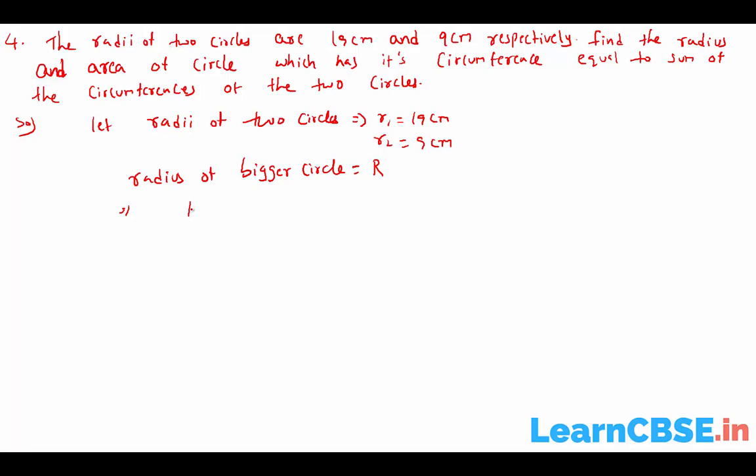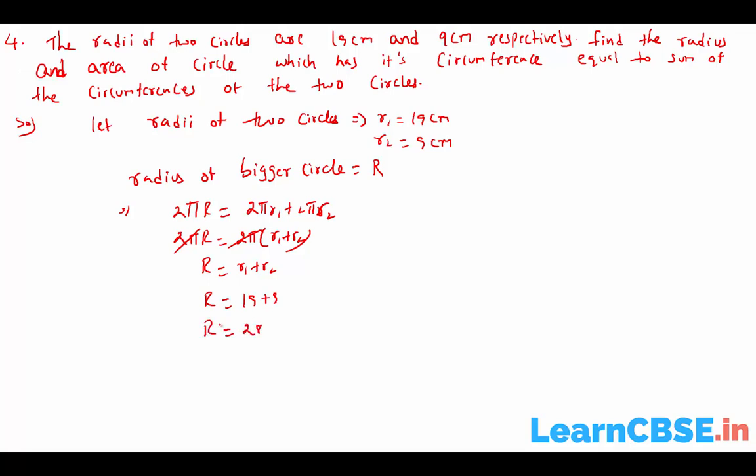Now as given, 2 pi R equals 2 pi r1 plus 2 pi r2. Then 2 pi capital R equals 2 pi common, then r1 plus r2 will be left here, 2 pi cancel, then R equals r1 plus r2, capital R equals 19 plus 9, then capital R equals 28, because as given information the circumference of the bigger circle must be equal to the sum of the circumferences of these two circles. Now we got capital R equals 28 centimeters, then the area of the circle,